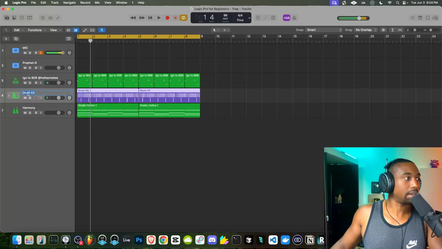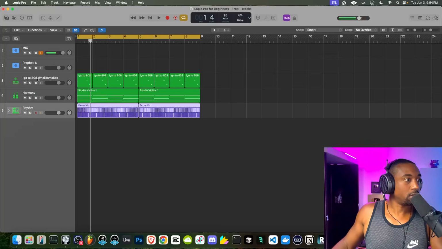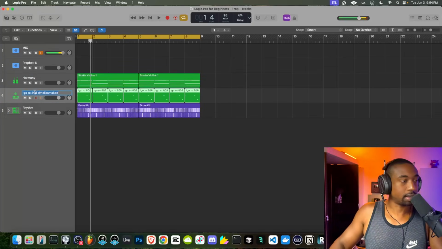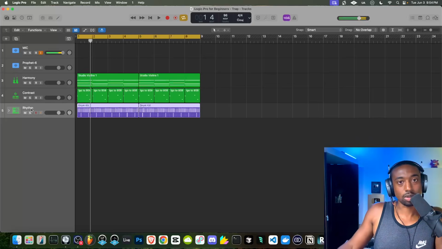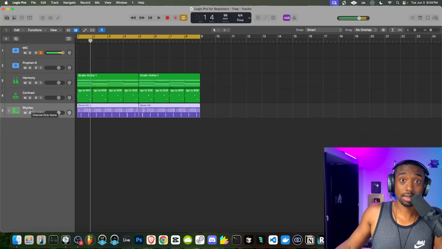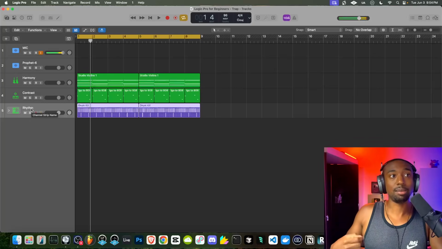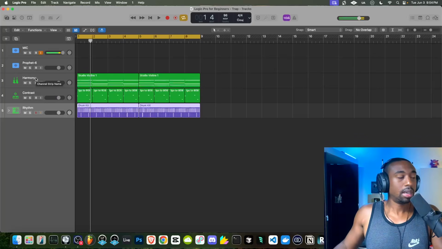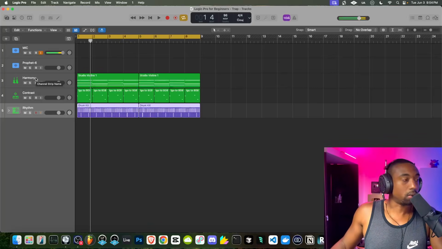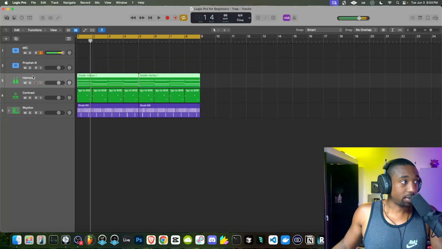When I'm teaching beat making, I like to teach it in 4 components. You have the rhythm section. You have the contrast section, which is your bass or your counter melody. The rhythm is your drums or a synth too, or instruments that keep the timing of the track moving forward. The harmony is your chords for the track. This is your, again, minor chords, major chords, whatever. And then we have what's called the top line.